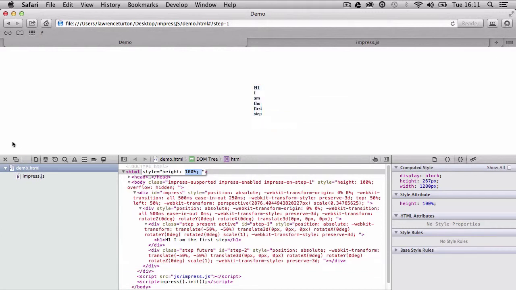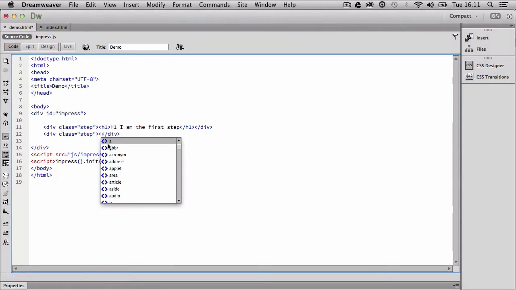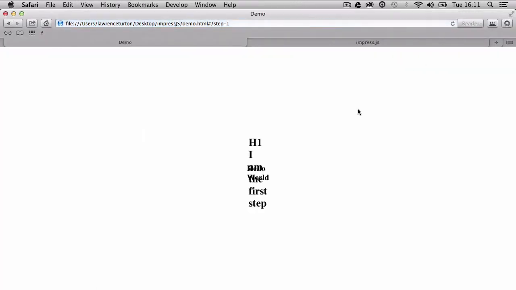Alright, so once I've gone ahead and done that, the next thing that I want to take a look at is adding some content into the second step. So let's go ahead and do that. We'll say header 2, and you can put whatever you like in here. You could put an iframe with a YouTube video, Vimeo video. You could put anything, absolutely anything you wanted. So I'm just going to say hello world. It's got to be done. Alright, so once I've gone ahead and done that, I can go back, hit refresh, and now they're both overlapping